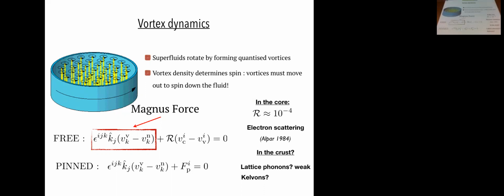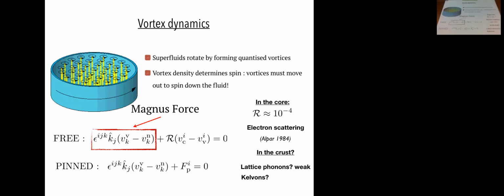And so you start storing angular momentum because the crust is spinning down due to the emission of electromagnetic waves. The Magnus force increases. At some point, it overwhelms the pinning force, and you end up in the free regime. So now you have a standard drag force between the vortices and the crust. And so you take it to be linear. This is laminar flow. And so this gives you the standard mutual friction, and it recouples a component, giving you the glitch.